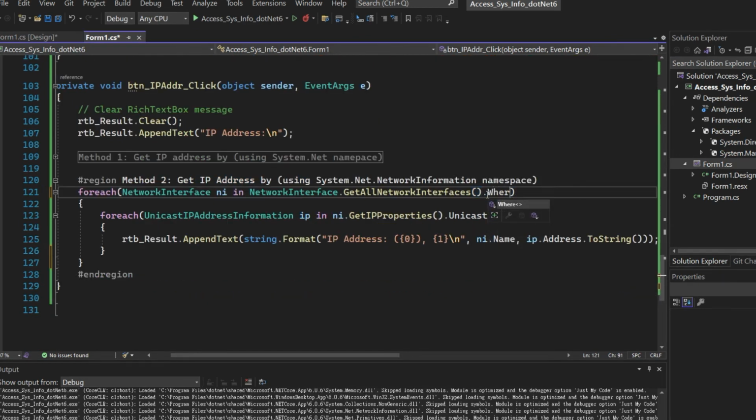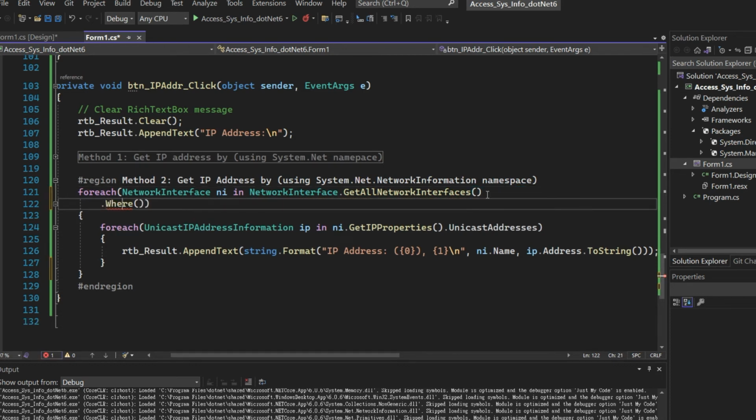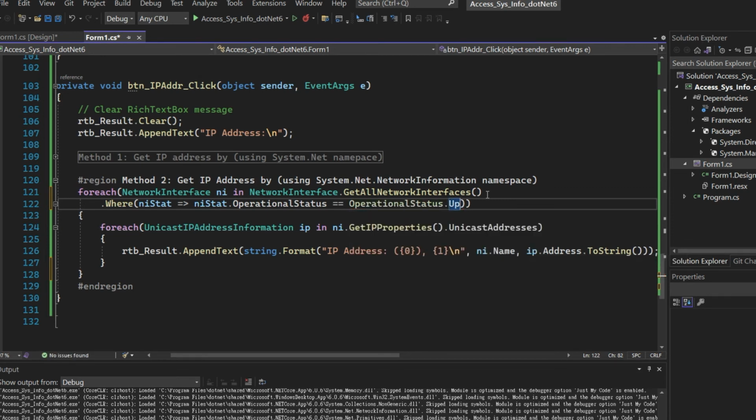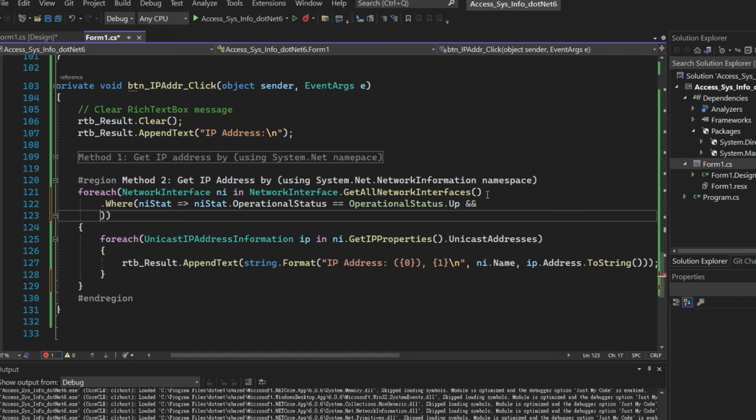Let me use a LINQ query to add a where condition here. Press enter here to break it to the next line. We're going to use a lambda statement inside the LINQ query. I => I.OperationalStatus equals OperationalStatus.Up. That means if the network adapter is up and running,